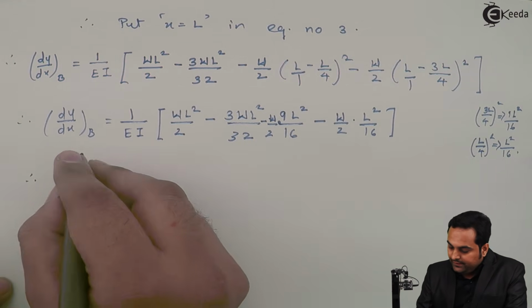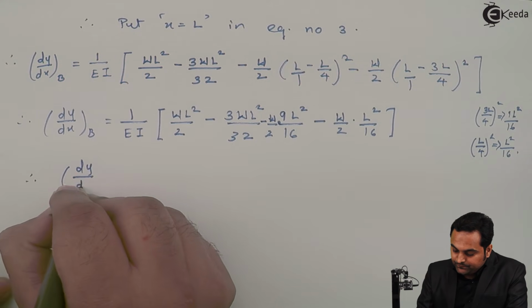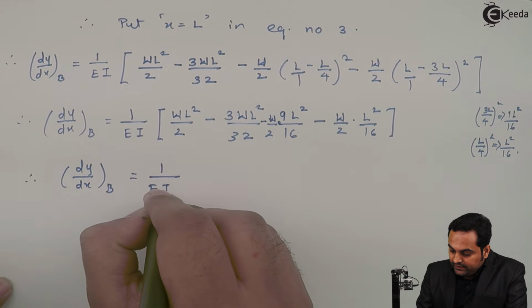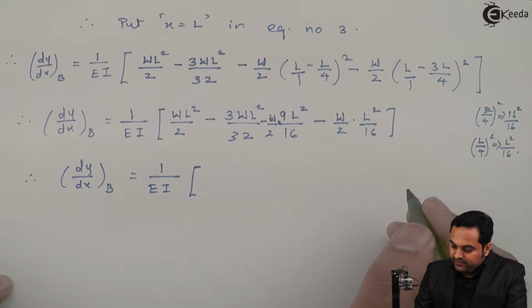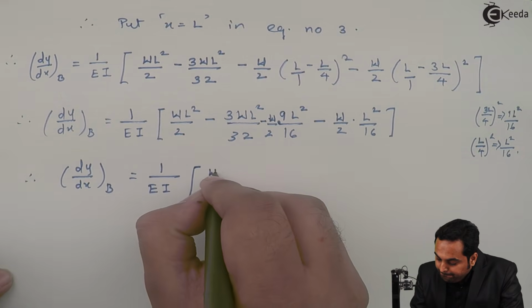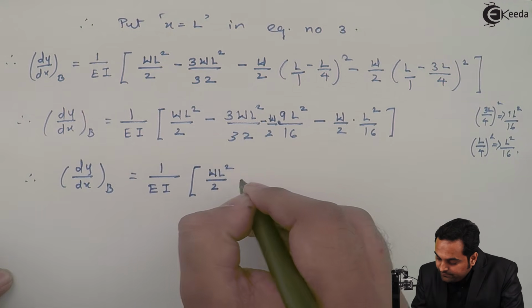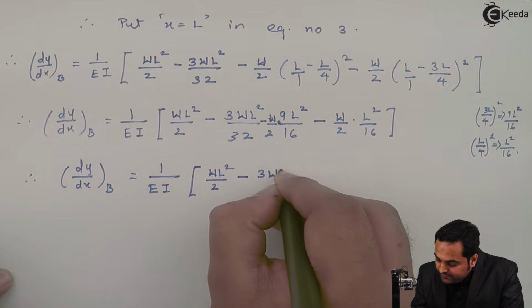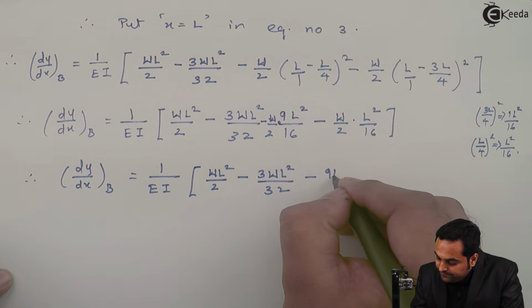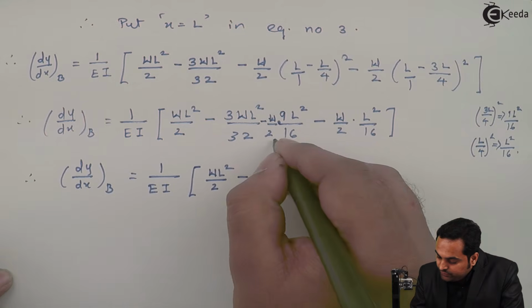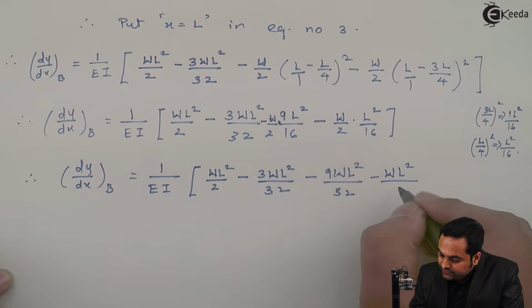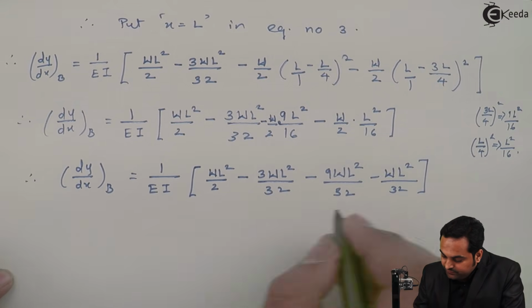Therefore dy by dx at B is equal to 1 upon EI. Here we have, the first term was WL square by 2, which is here, minus 3 WL square by 32, minus 9 WL square upon 2 into 16, 32, minus WL square upon 2 into 16, 32. So on simplifying this,